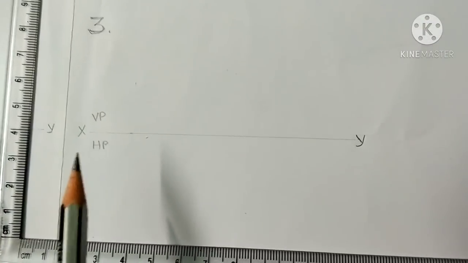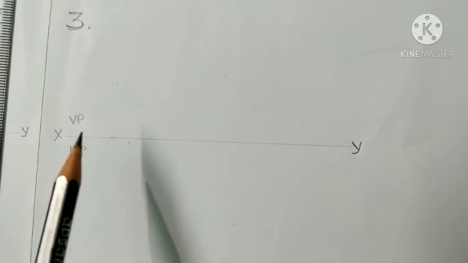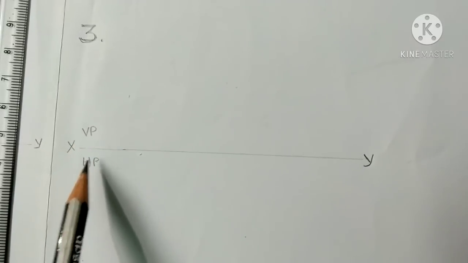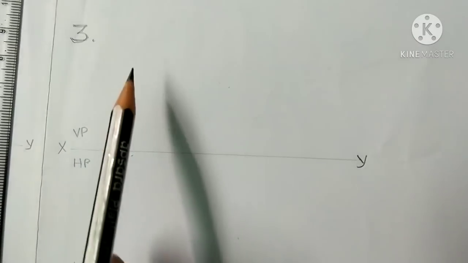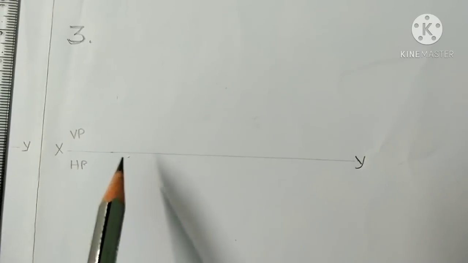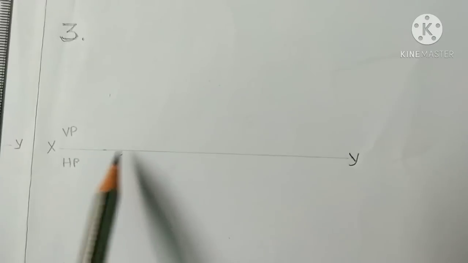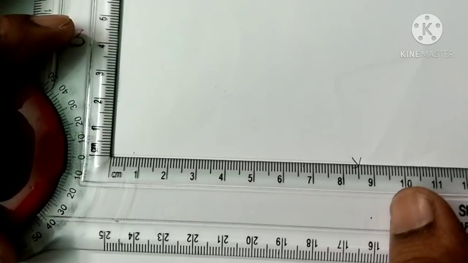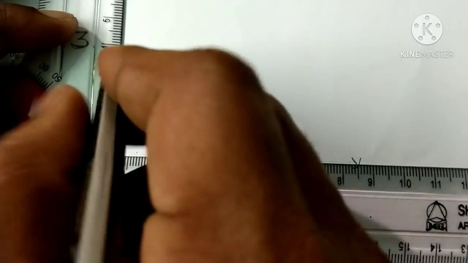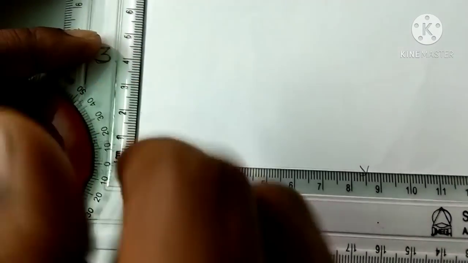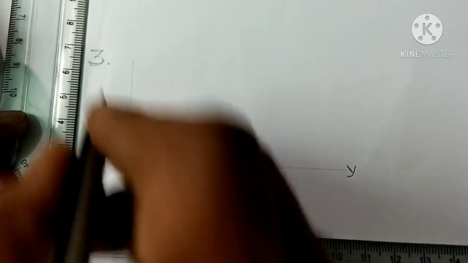Yes, now we are moving to the construction of the third problem, projections. Here this is the reference line, above the reference line portion is the vertical plane, below the reference line portion is the horizontal plane. So we will be getting the front view in this particular portion, and the top view here. According to this particular problem, we will be getting the top view on the reference line. So 40 mm above the reference line, we will be getting the front view.